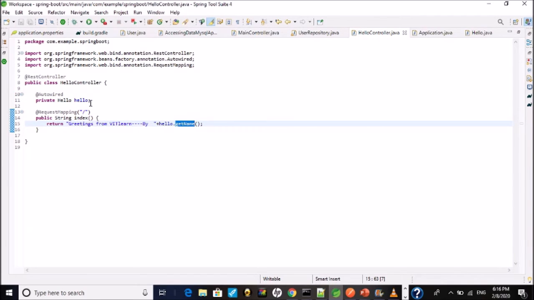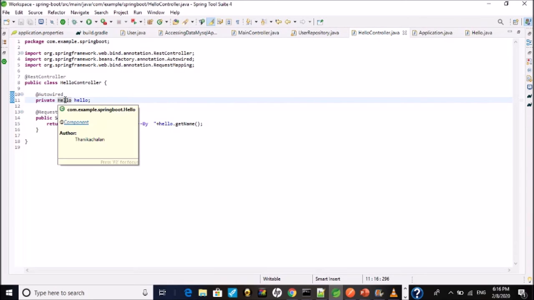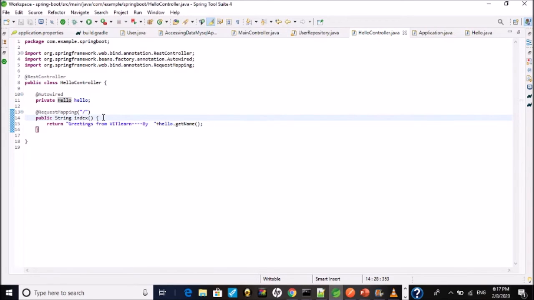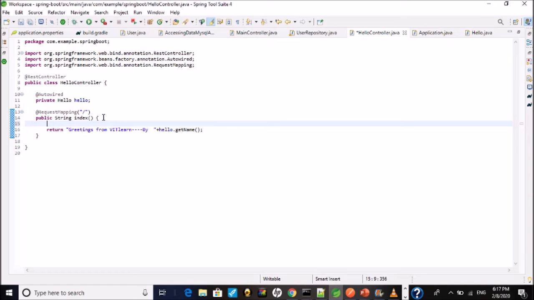Normally in any Java application, this instance variable is a dependency, and it will be initialized with the new command. For example, we usually write hello equal to new